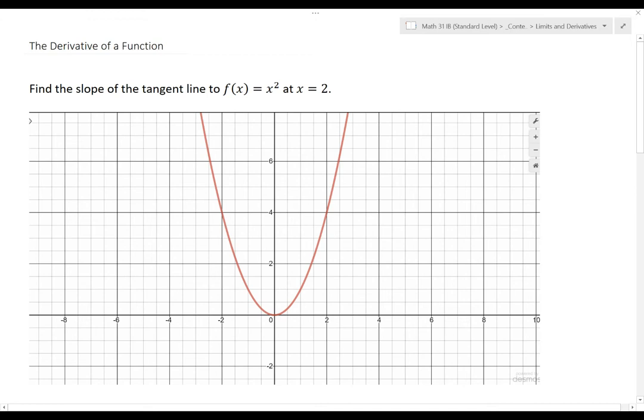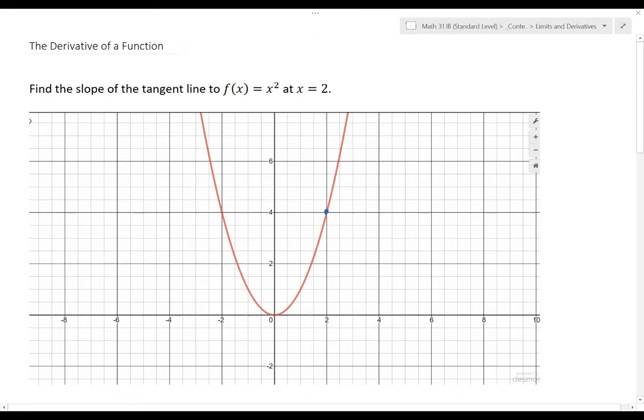Hello everyone. In this video, we're going to look at what we mean when we talk about the derivative of a function. So let's talk first off about how we would find the slope of a tangent line to a function at a particular point. So that's generally what we mean when we say, so let's say x equals 2, this goes through the point